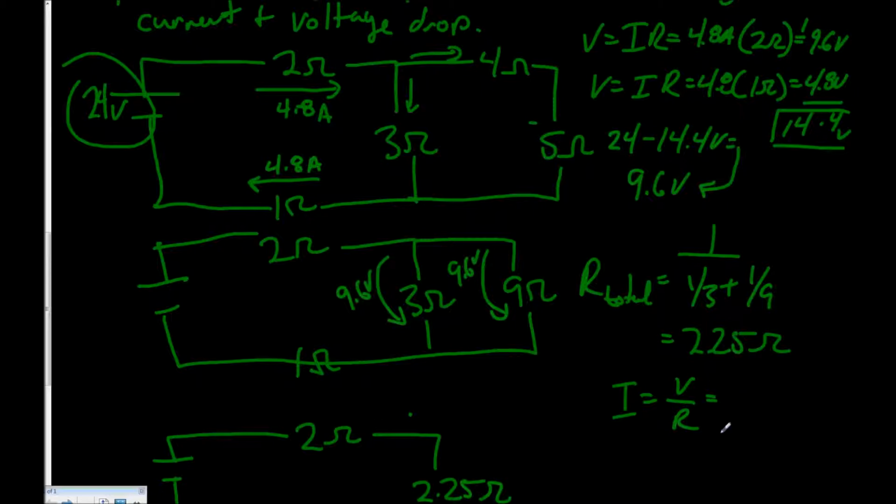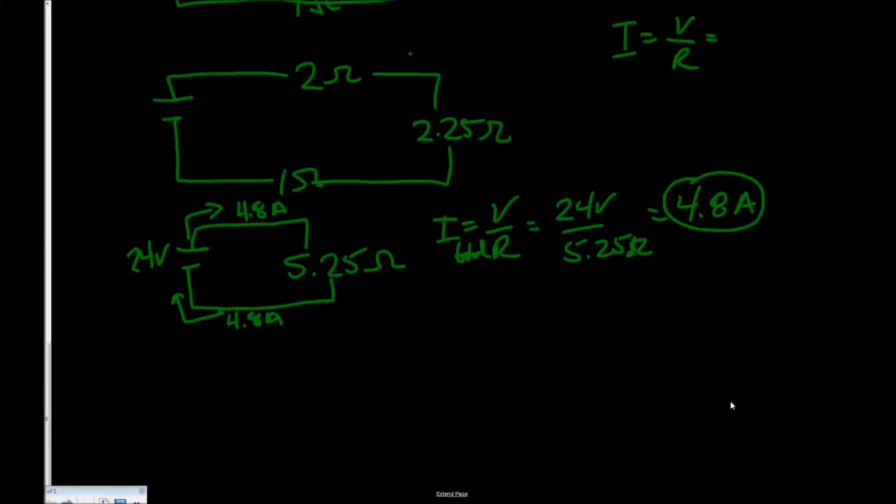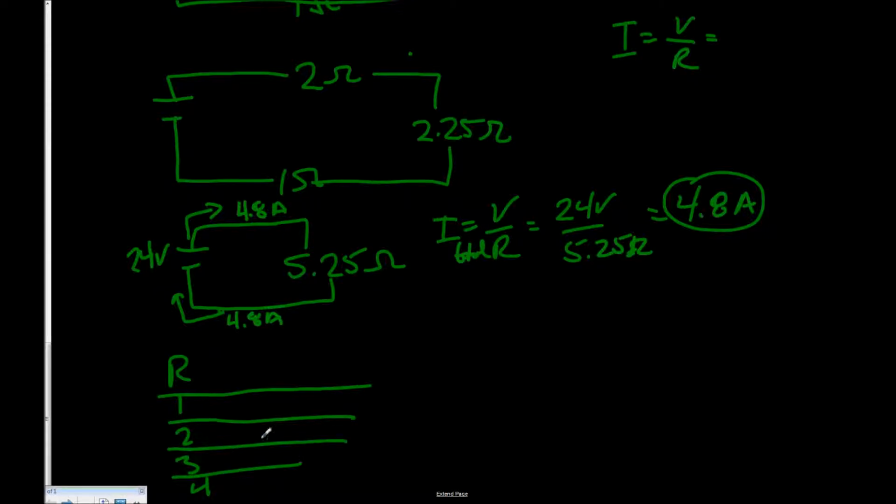So on your own paper, make a little grid that you fill in as you go, just to keep yourself organized. You can do all your math wherever, but as you solve for a resistor, pop in its values. I'll show you what I mean. If I have a 1, 2, 3, and 4 ohm resistor or whatever we have, make yourself a little grid that has voltage drop, current through,